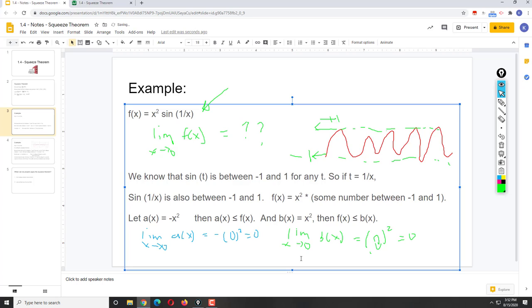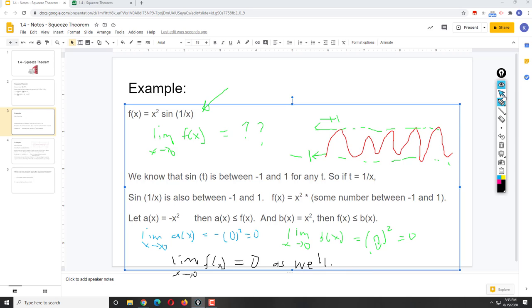Well, by the squeeze theorem, f is always between a and b, but a and b have the same limit as x approaches 0. That means that the limit of f of x as x approaches 0 must also equal 0 as well